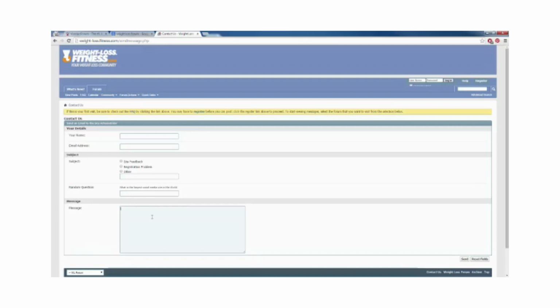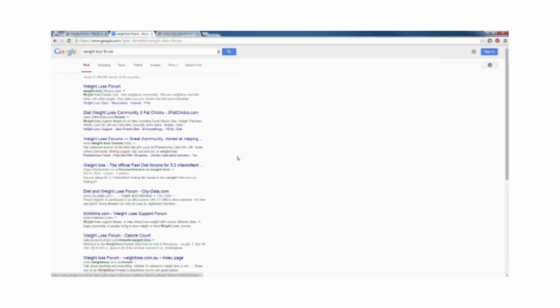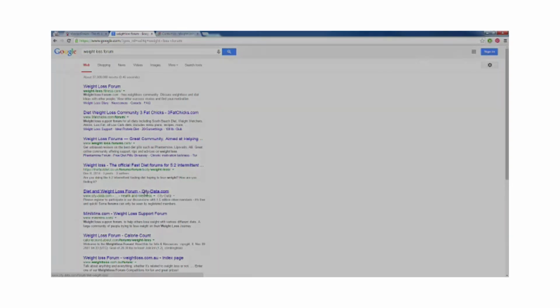So I would go back to our Google results here, bring up these other forums as well, and contact them if they meet our criteria. Be ready to rebrand your product in different ways with the forum's name, their brand, so they can advertise it as their own brand. You have banner ads, they can email their list, they can give you sticky posts, signature slots, advertisement, things like that. It's a really great and cheap, or even free, way, if they're going to accept 100% commissions, to build your email list using niche forums.